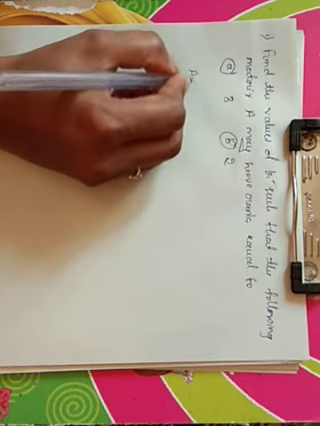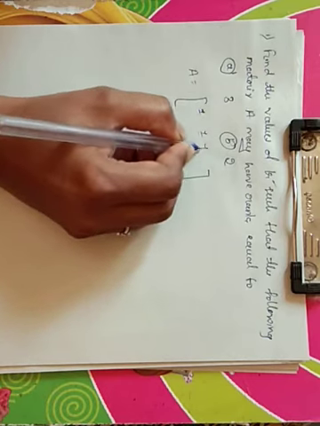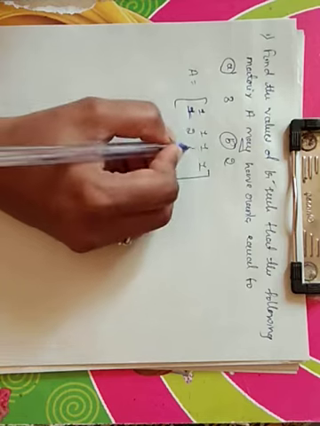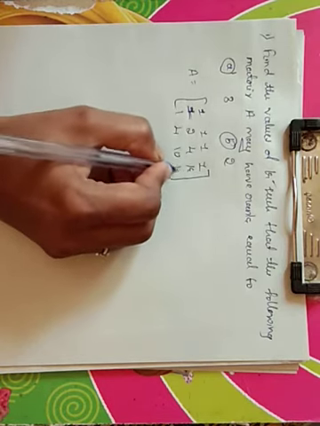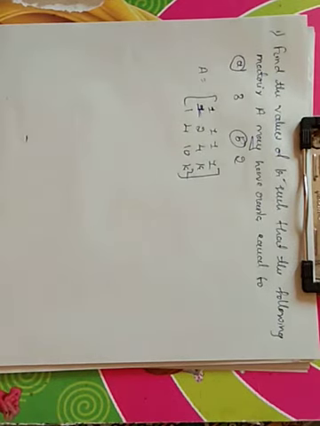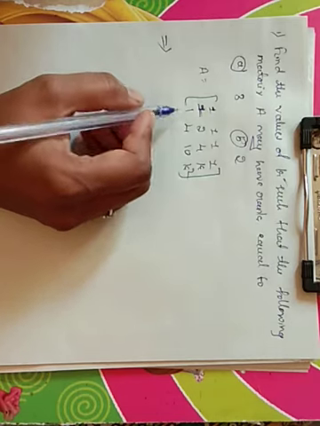First one is, suppose A, and here the matrix A is given: 1 1 1 1; 1 2 4 k; 1 4 10 k square. So this is our matrix A given. Using this matrix A we have to find the k by taking the rank equal to 3 and 2. To get the rank, first we have to reduce it to an echelon form. So first I am going to convert this into an echelon form.